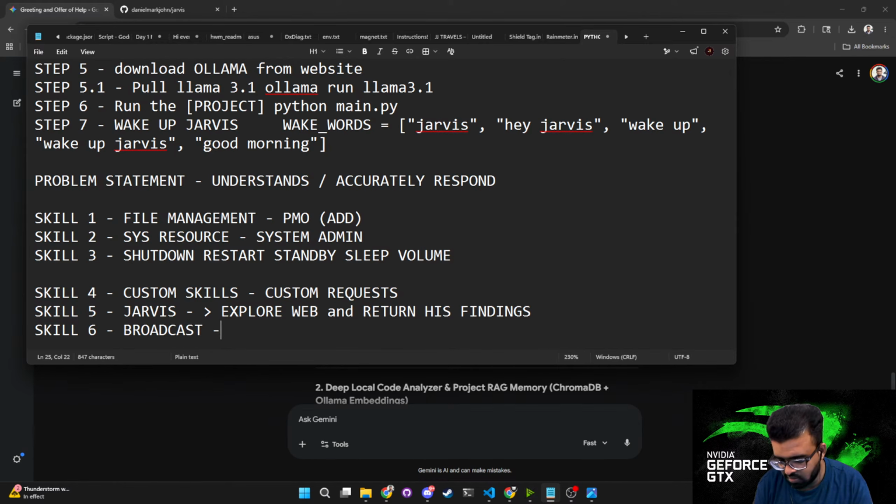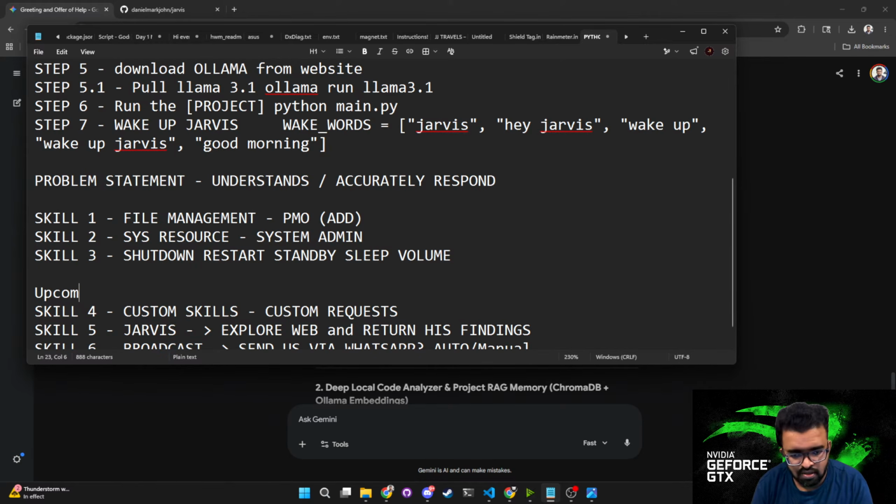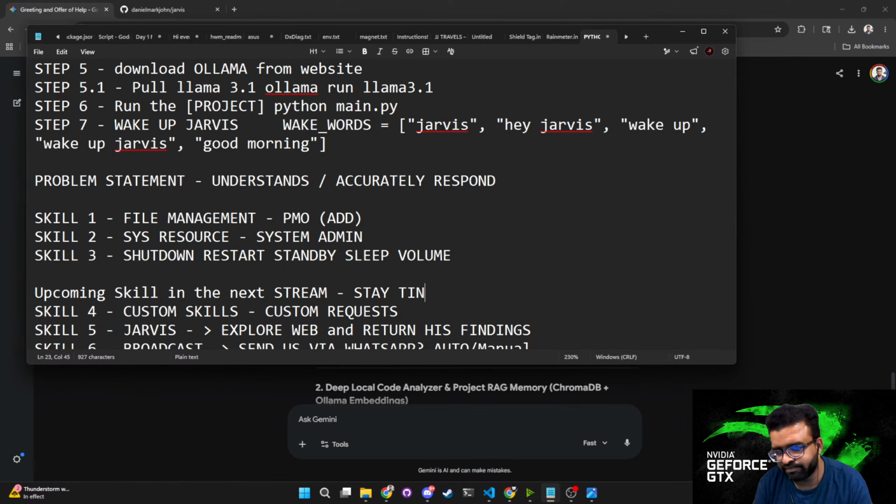So Jarvis is going to send us broadcast via WhatsApp for now, and it's going to be automated or manual. We're going to request something and he's going to send it to us. So yeah, these are the upcoming skills in the next stream. So stay tuned and let's build